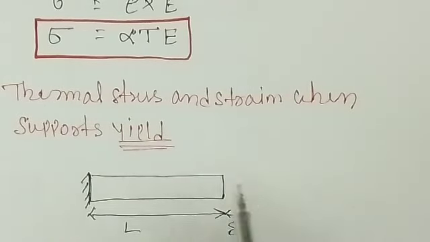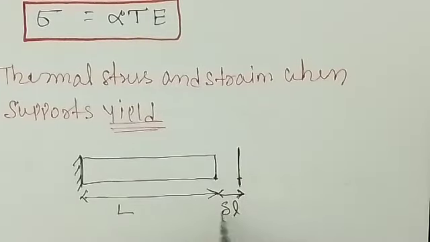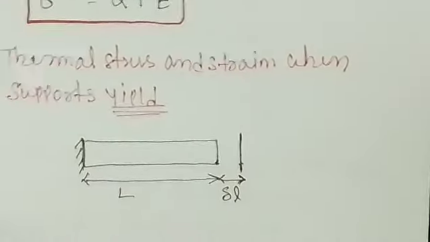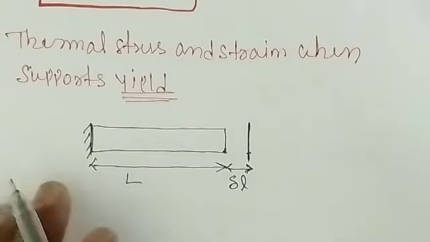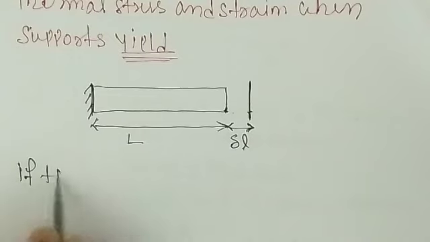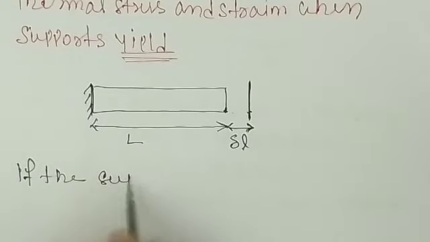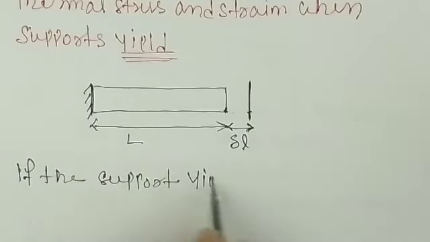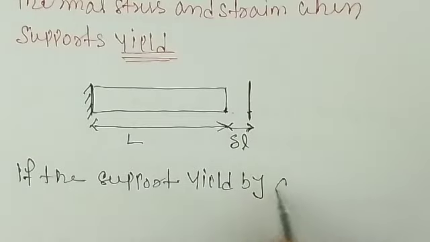But if I provide the yielding, it means if I give one support here, I am giving the permission to expand up to this length only, right? So that support we call a yielding. In this case, the actual expansion is, if the support yields by an amount